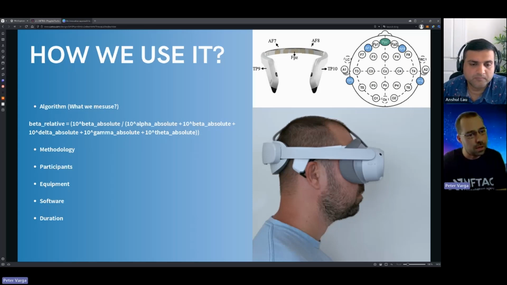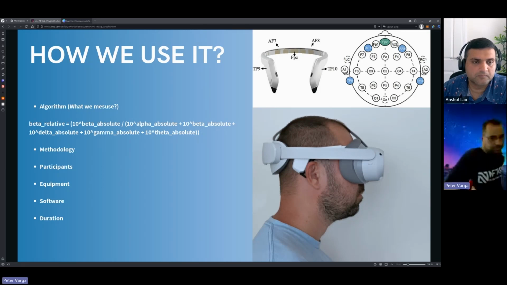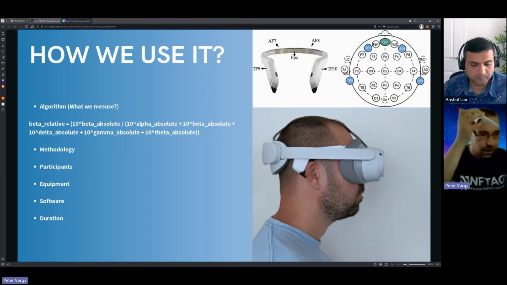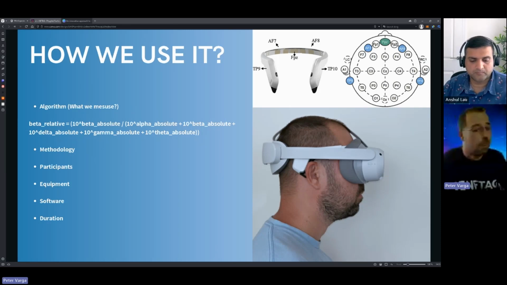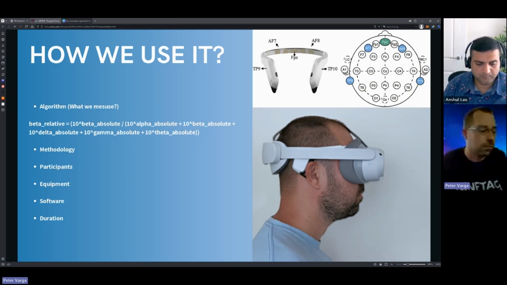I'm currently using a Quest 3 and the Pico 4 headset, which are really low-cost devices, but more than enough for this kind of research. And I'm using my previously purchased EEG headset, which is called Muse. Muse has 4 sensors. Also, I can show you. Here we are. It's really easy to fit, and both together are really comfortable.